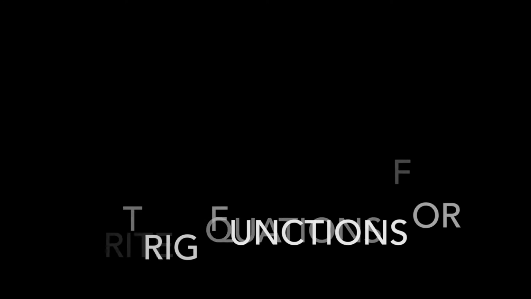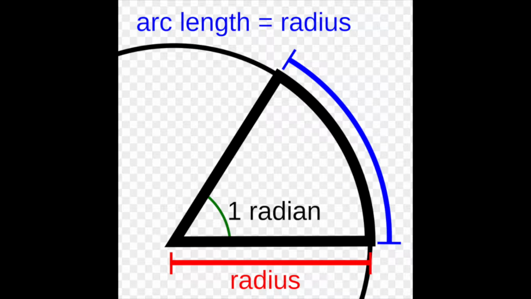sine or cosine functions. Just a quick summary before we start. Radians is a unit of angle equal to an angle at the center of the circle whose arc is equal in length to the radius. Math Open Reference, page